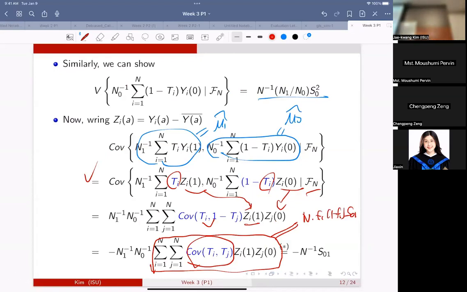And then maybe a simplification, right? Because this guy is n1 n0 over n squared. So n1, n1 cancel, n0, n0 cancel, and this n times n cancels. So you end up getting